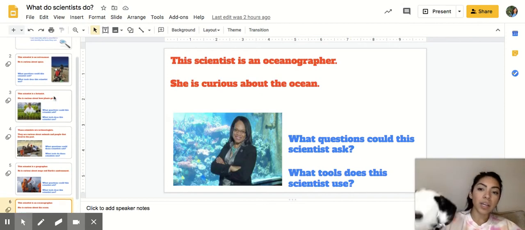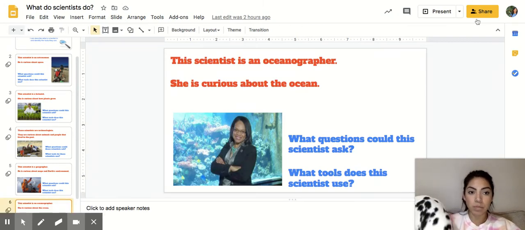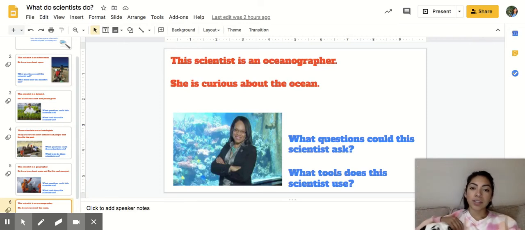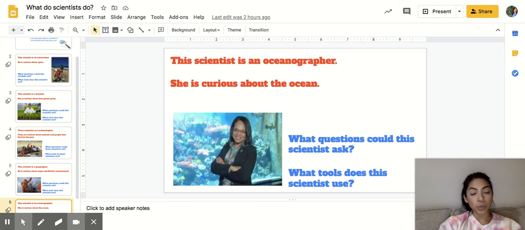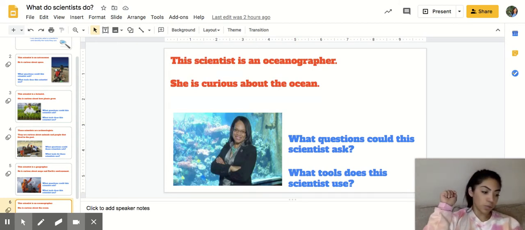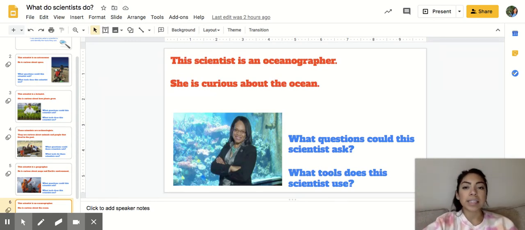So, what I want y'all to do is, after we've gone over all the different types of scientists and different tools they might use or questions that they might ask, draw yourself as a scientist using some of these tools. And I also want you to ask a question that you might ask when you're doing this science experiment